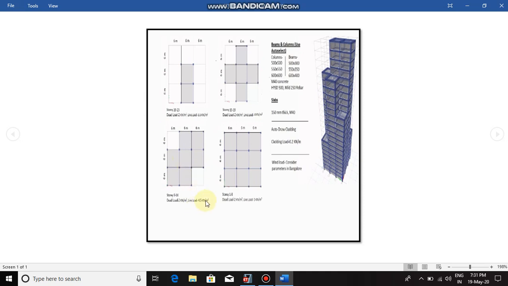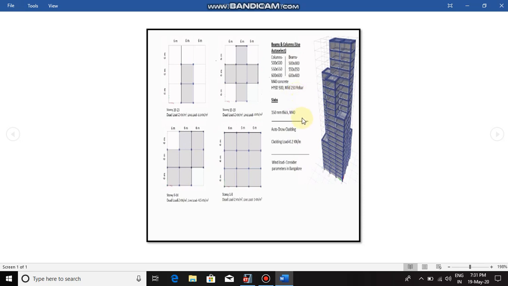Also, three sections of beam and column are listed, each having M40 concrete and HYSD 500 and mild 250 rebars for longitudinal and tie bar respectively. We will use the auto select option for beams and columns.